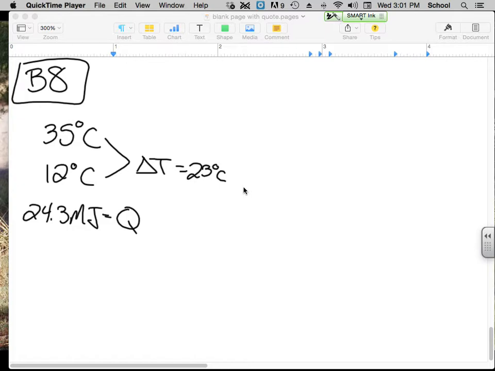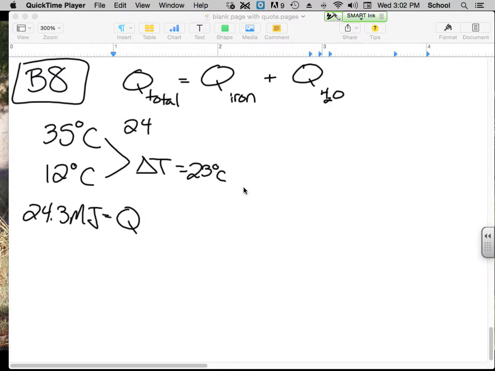And you're saying, how can I figure out how much water is given off from this? Well, the total heat given off was actually being given off by two things. It was the heat of the iron engine, and the heat of the water in the system. Do I already know the left side? 24 megajoules, so that's exponent 6, is going to be the Q of the iron. Well, I know the Q is equal to